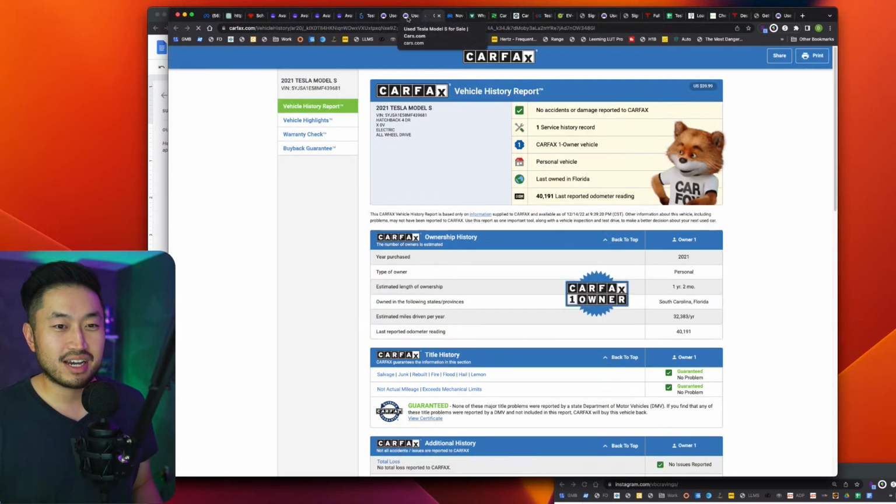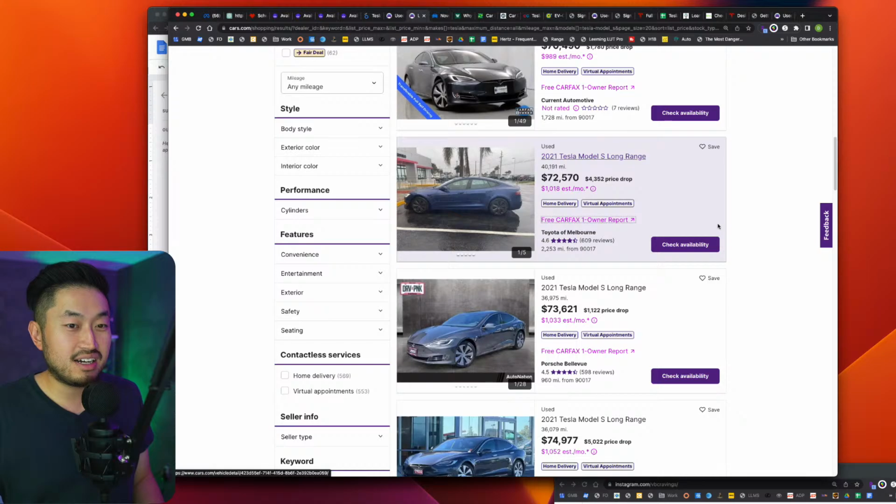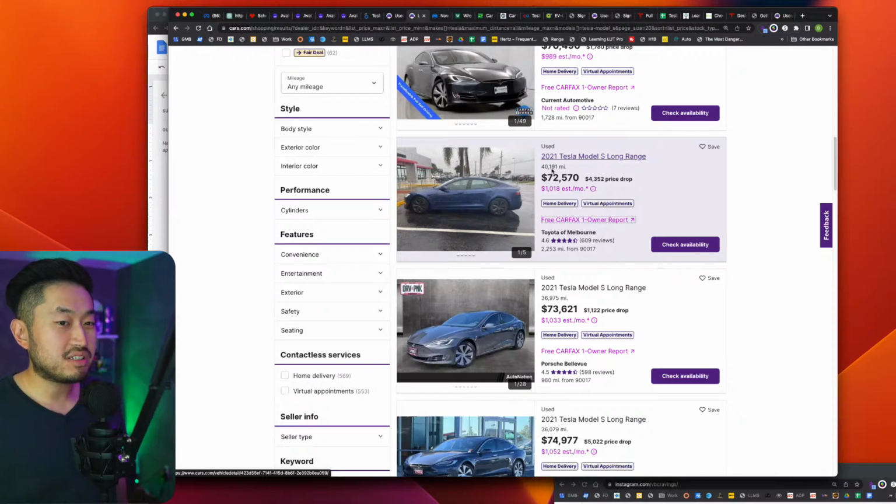Let's check the Carfax real quick. And yeah, wow, no accidents on the Carfax. It seems like a clean car. It's in Florida on the East Coast, with 40,000 miles on it, which is definitely on the higher side. You only have 10,000 miles left of warranty, but